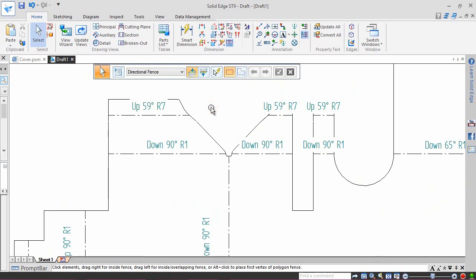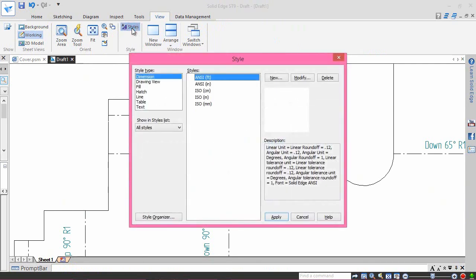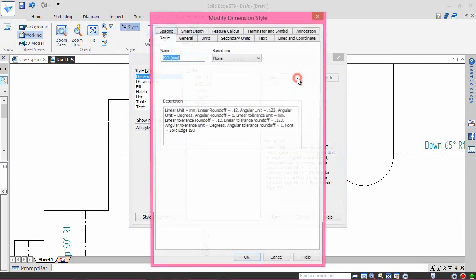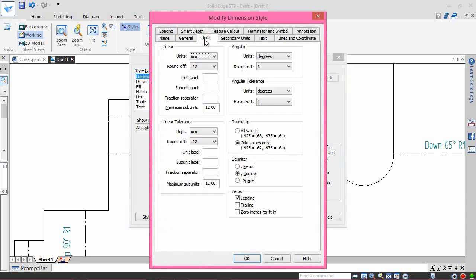Now we will change the style of these dimensions in the following way. Switch to View tab and click on the Styles button. Select ISO mm style and click Modify. Click on Units tab. We need the precision of the dimensions with 2 decimal places.